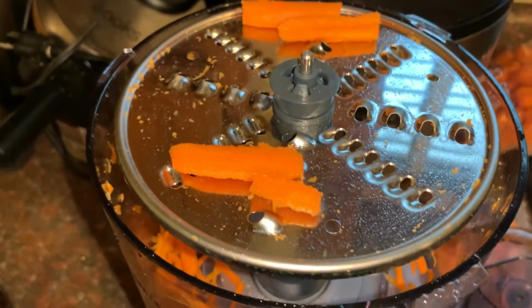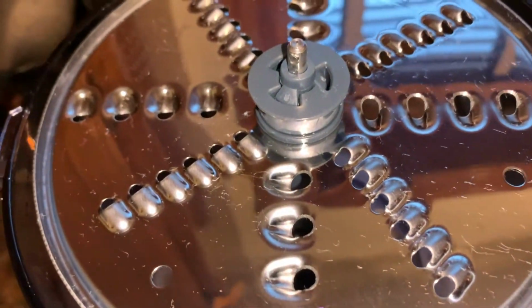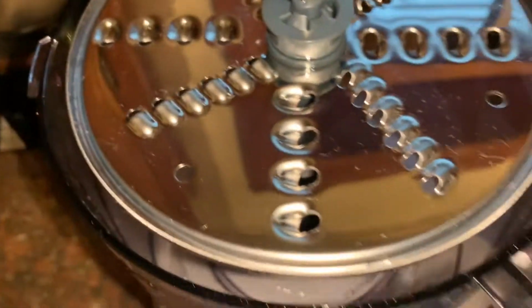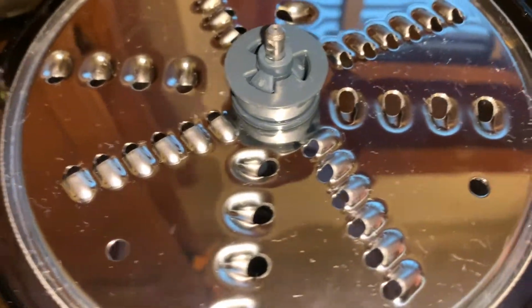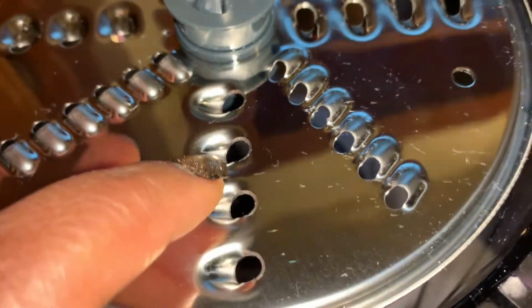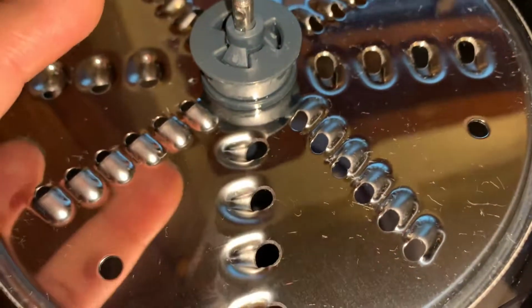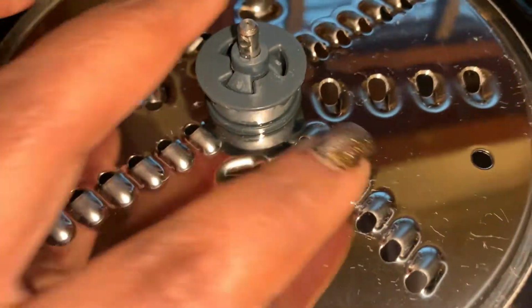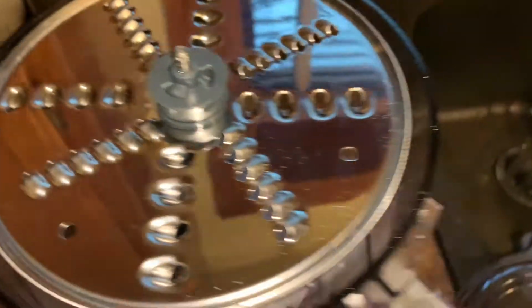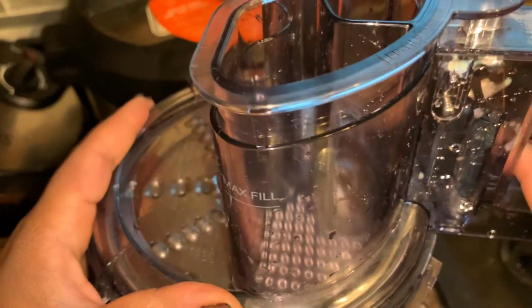All right, let's see how it works on cheese. All right, guys, this is the final test run. Those are particles from my towel, but I figured out how to tell which is which. The indentations are really deep for the medium, and they're smaller for the fine. So when I turn the camera off, I figure out new things each time. But I would say that this is really easy to use, simple,